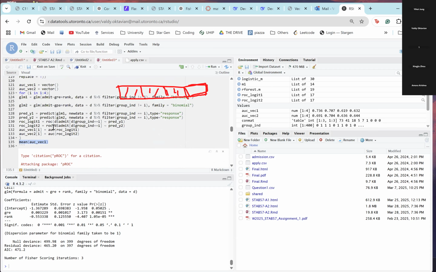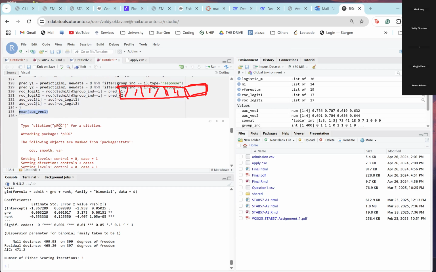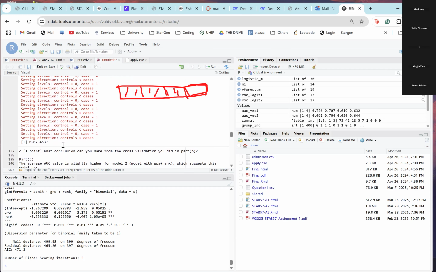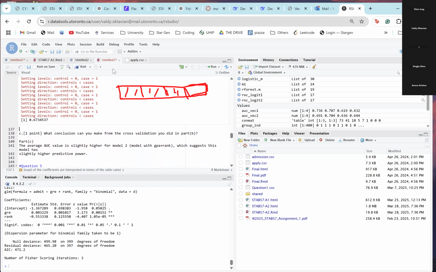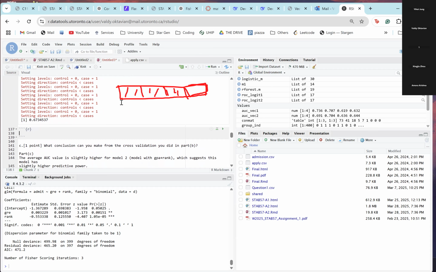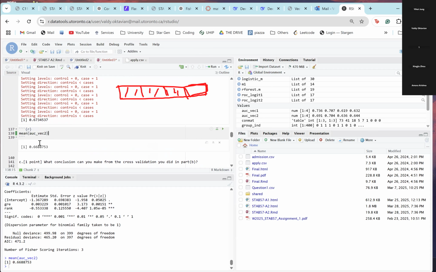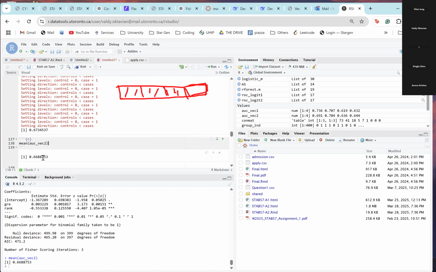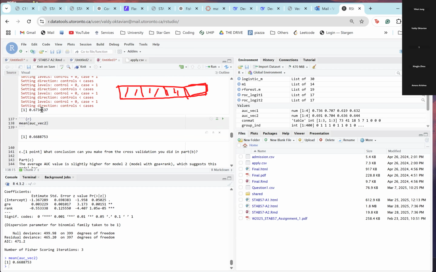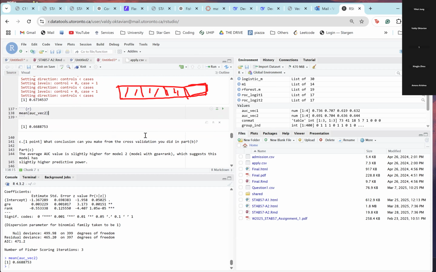I think I'm missing one. Yeah, I think I need to add this first. So we calculated the average area under the curve for the first model. So we also need to do it for the second model. So for the second model, it's 0.668. The first model is 0.67. So that means that,